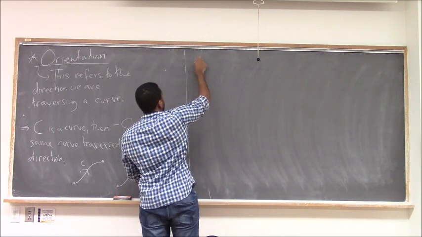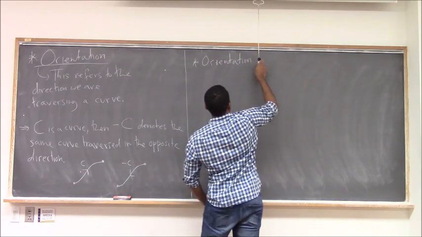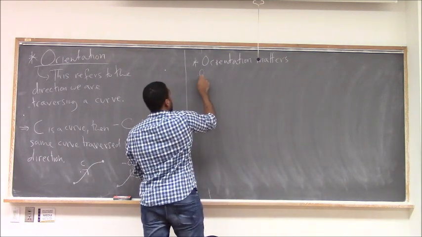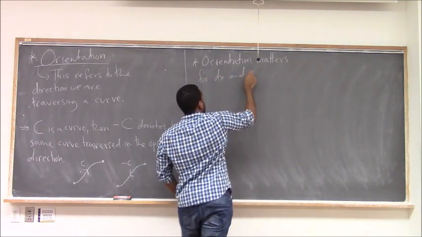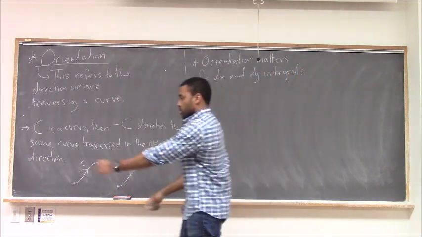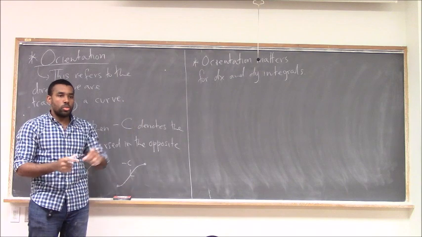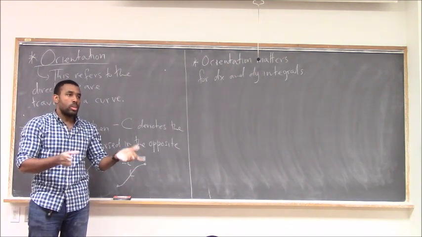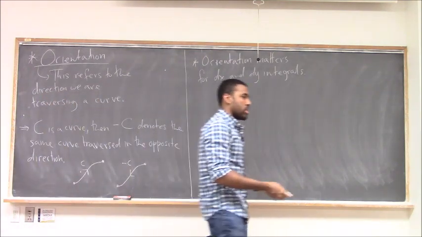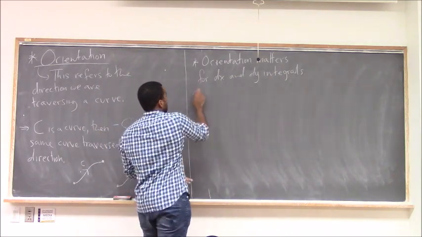Another thing you should realize, orientation matters for dx and dy integrals. Because whether your x is increasing or decreasing, remember your integral here would depend on the slope, the x prime and the y prime. Clearly, if you're increasing or decreasing, the slope changes sign. So the x prime will follow the sign of what your x value is doing. So it matters for those, but